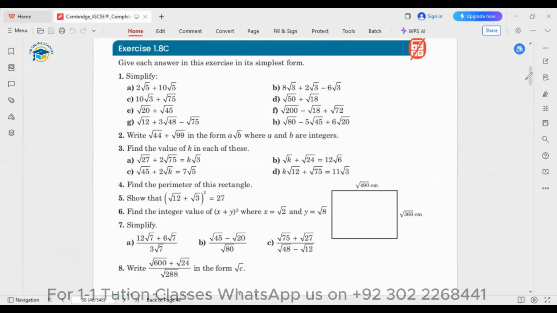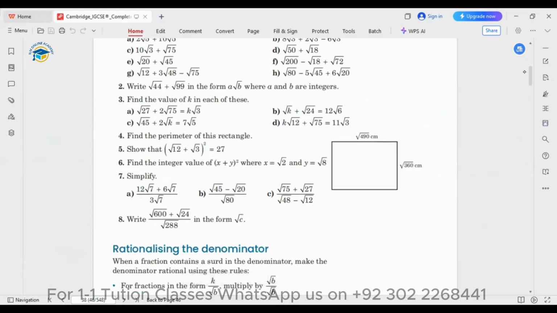Now moving towards part number 4 of this exercise. And for this, they are basically asking to find the perimeter of this rectangle, and the rectangle they already gave us. And for this, you must know that if we are talking about the rectangle, the opposite sides of the rectangle are exactly similar. If this is square root 90, this will be also square root 90, and this is square root 30, so this will be also square root 30. So just the thing is that the length and the breadth of this rectangle they gave us in the form of surds. So we need to find out the perimeter